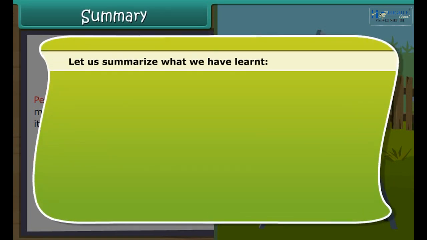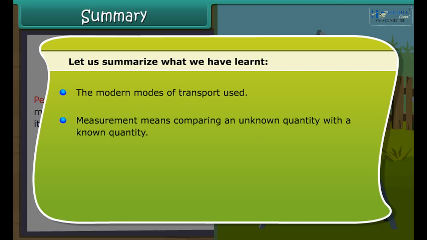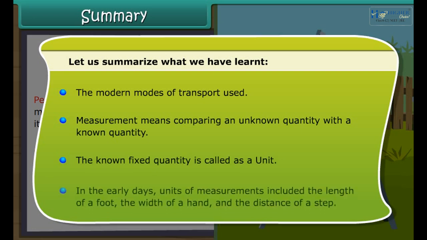Let us summarize what we have learnt. The modern modes of transport used. Measurement means comparing an unknown quantity with a known quantity. The known fixed quantity is called a unit. In the early days, units of measurements included the length of a foot, the width of a hand, and the